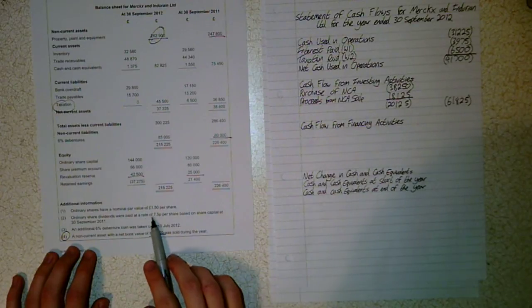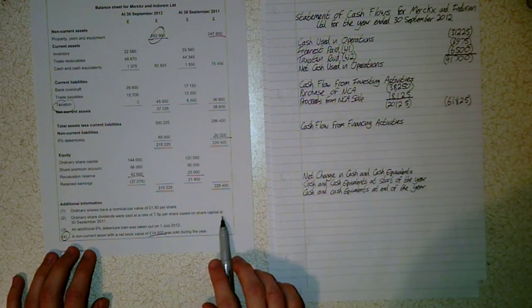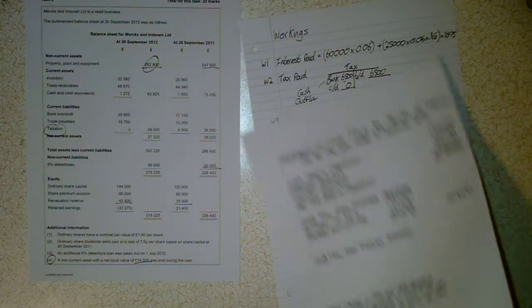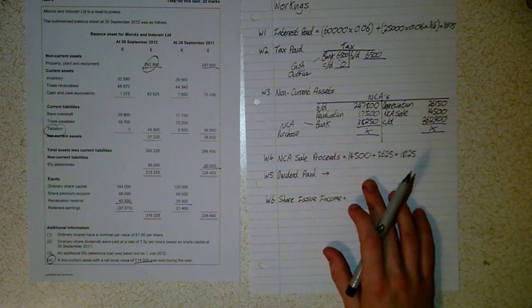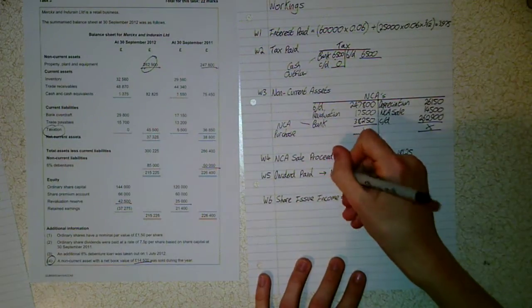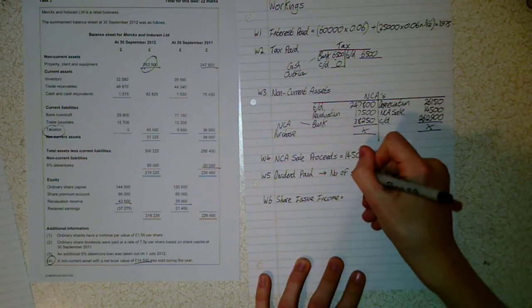Ordinary share dividends were paid at a rate of 7.5 pence per share based on share capital at the end of the first year. So this is quite simple. With all dividends, what do we need to do? We need to work out the number of shares we had in issue. So it's just number of shares